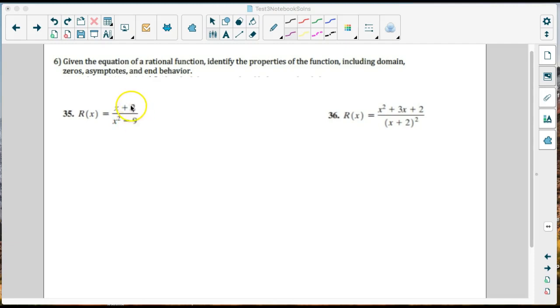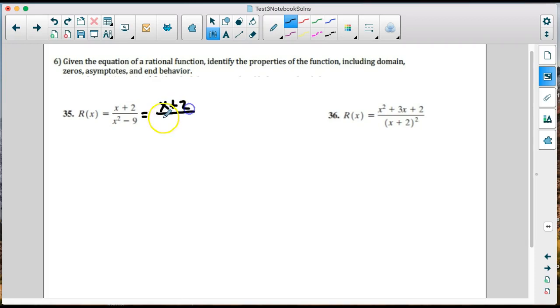This is something where we have a variable in the numerator and denominator of this function. The first step on doing this is to take the problem and try to factor any piece possible. So the numerator on the first one doesn't factor, but the denominator does. So we'll look at that as x minus 3 and x plus 3, so that we can look for